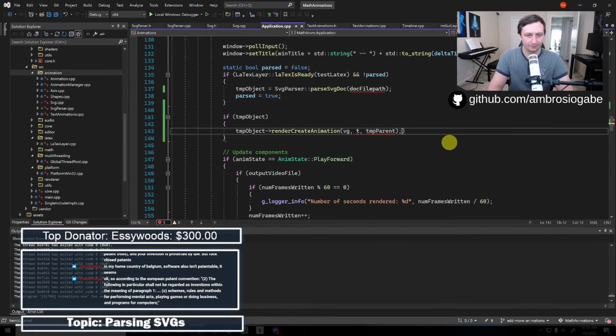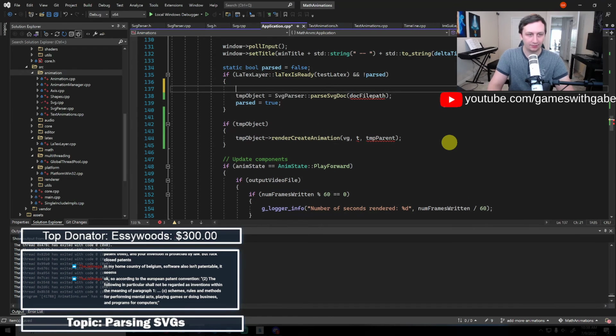And this is all just to make sure that the parsing semi works. Here we'll say std string doc file path equals get md5 of that.